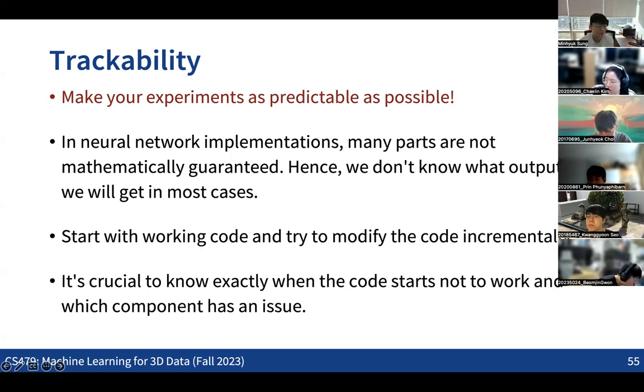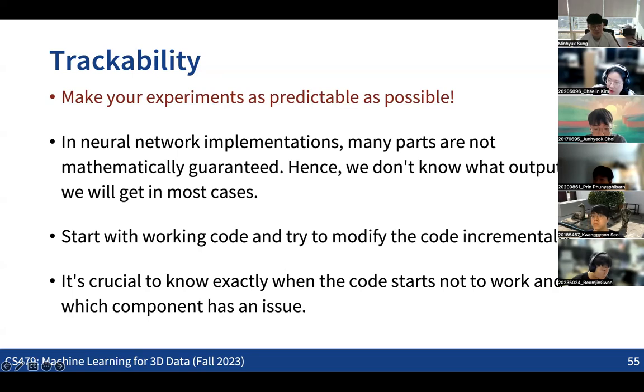So start from working code that you can see is really working, and make small modifications in an incremental way, so that when you see some problem in your code, you should be able to see exactly which component is causing the issue, right?